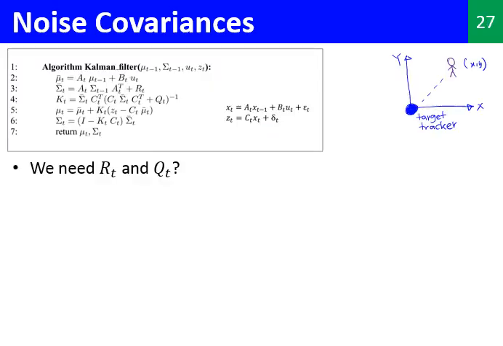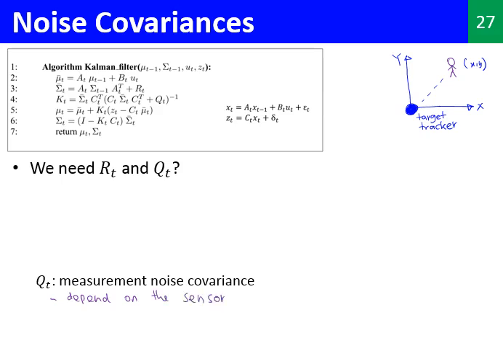Actually, R and Q are a little bit difficult to obtain. Now if I start with the Q matrix, the measurement noise covariance, it is relatively easier than the R matrix. For the Q matrix, what we need is the characteristics of the sensor. So this would depend on the sensor. Usually that information can be obtained from the datasheet itself, right? So we will use sensor specifications